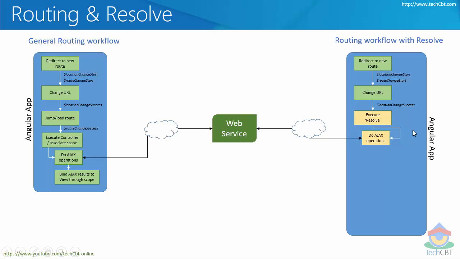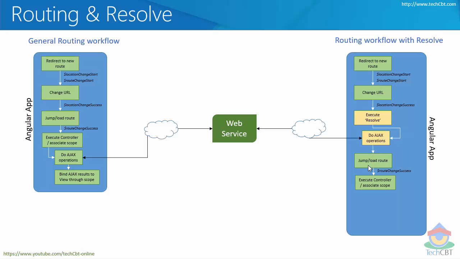So all the data will be made ready and made available to the route even before jumping to the route, which includes all the AJAX operations as well. Once the AJAX operations are completed, we are going to receive the results or data out of it, and once the data is completely ready, then it is going to actually load the route, and from loading the route it goes through the controller